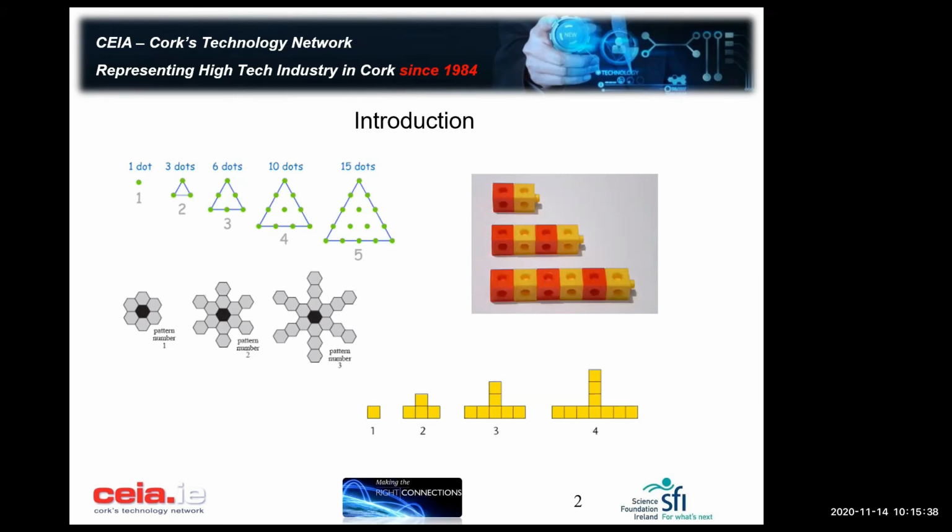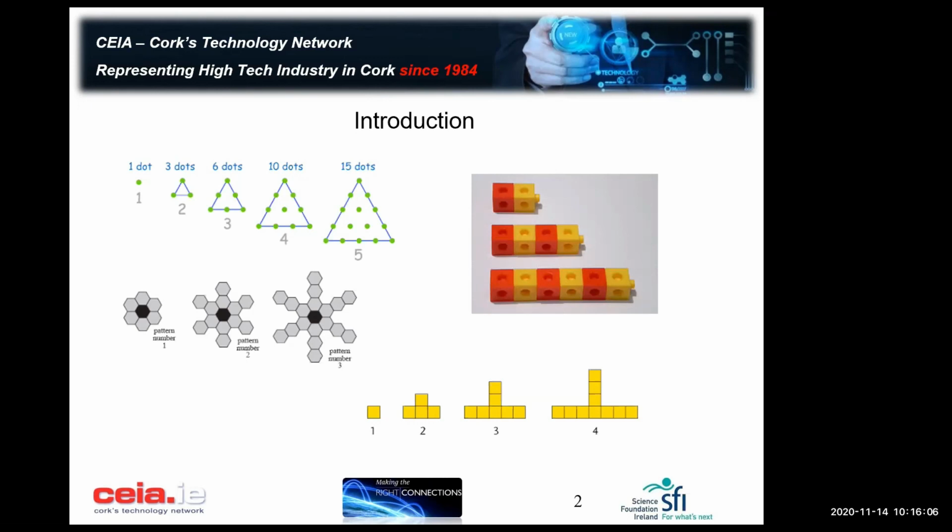That's term 1, term 2, term 3, and term 4. So term 1 has 1 square. Term 2 has 4 squares. Term 3 has 7 squares. And term 4 has 10 squares. So what you'll be asked for is either to find what term has a certain number attached